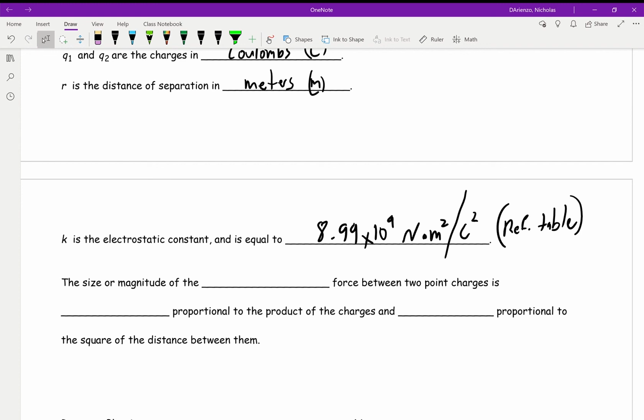Now the size or magnitude of the electrostatic force, F sub E, between two point charges is directly proportional to the product of the charges and inversely proportional to the square of the distance between them. So as we start to move two point charges away from each other, the force decreases exponentially as that distance between them gets greater. We'll dive into Coulomb's law a little bit more in class, do a little practice with